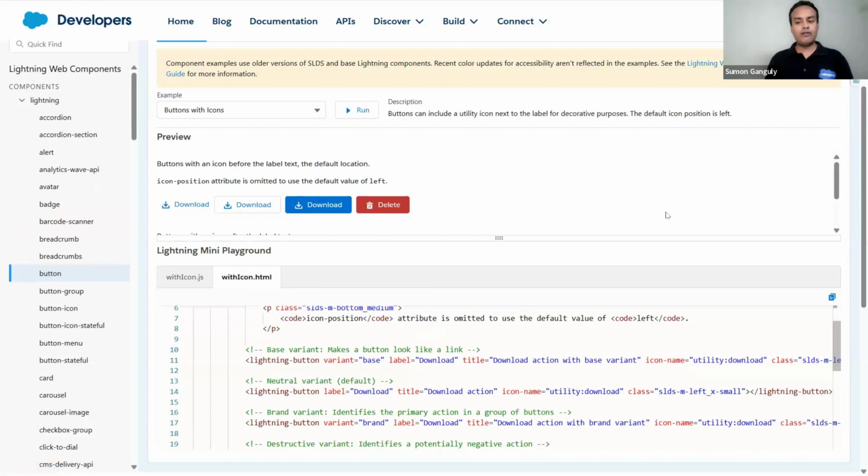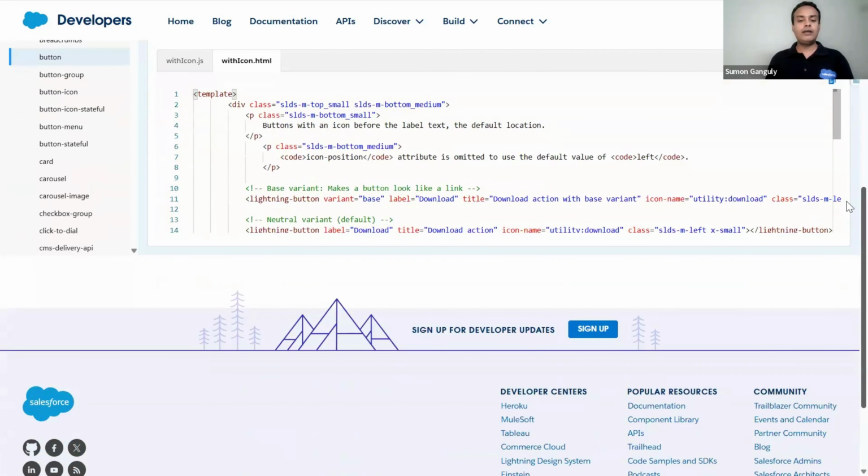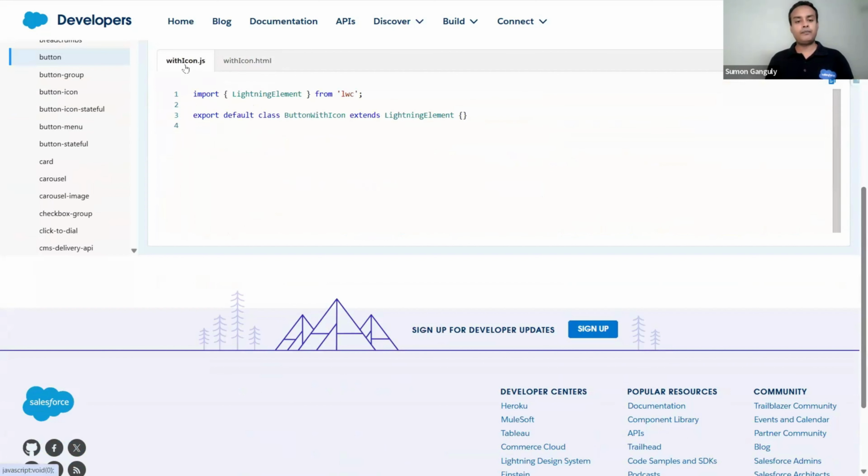So you will see a lot of HTML tags here, along with some of the tags which are Salesforce Lightning Web Component Framework specific. Okay. For example, the Lightning button is basically the base component, very similar to the HTML button that we used in HTML, if at all you are familiar, right? So apart from that,